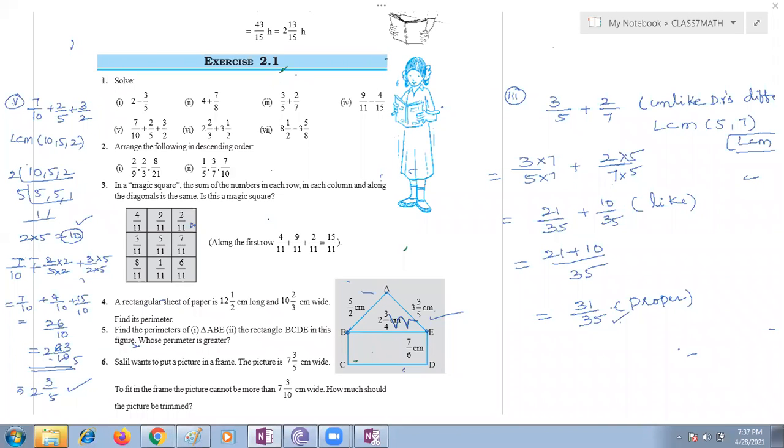Ma'am, the seventh answer is 4 5 by 8. Raghav, what's your answer? Ma'am, the seventh one answer is 4 7 by 8. 4 5 by 8. She is telling 4 7 by 8. Whose answer are you getting? Let me check. Yes, 2 2 by 3, 3 1 by 2. Ma'am, just remind the question. Sixth bit, 2 2 by 3. Ma'am, it's 7 by 8. Okay, 4 7 by 8.